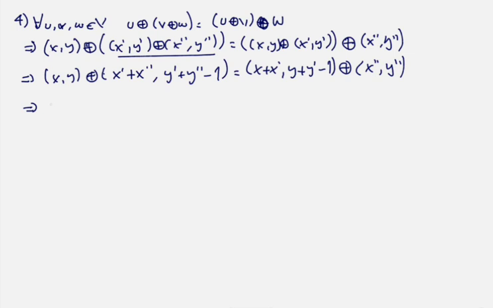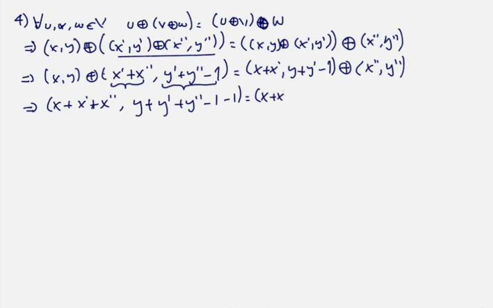So again this implies that x plus the whole thing, which is x prime plus x double prime, also because again y plus the whole thing, y prime plus y double prime minus 1, because again there is minus 1, is equal to x